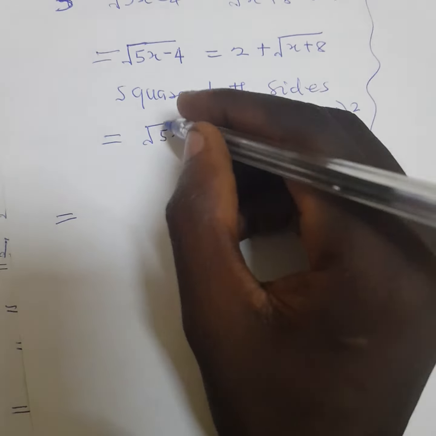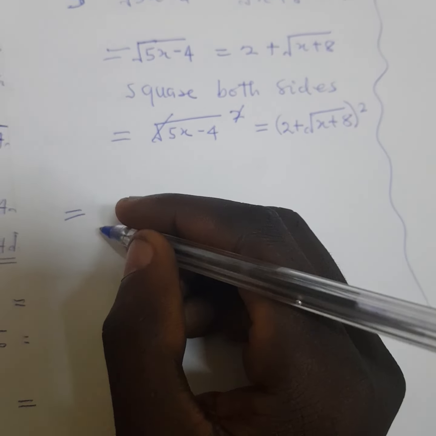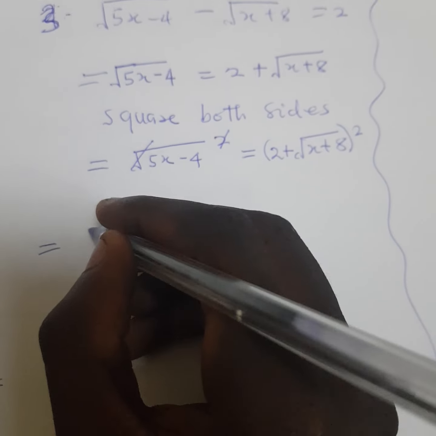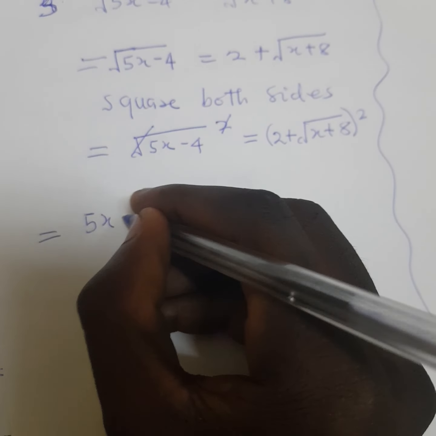Now the square will cancel the root sign, and we are going to get 5x minus 4